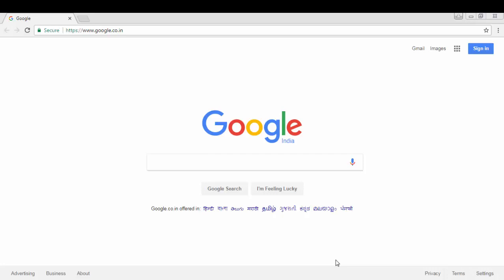When you enable two-step verification, to open your Gmail account from any other device or location, you need to enter the Gmail authentication code that is sent to your phone number, which you had entered at the time of enabling two-step verification. So this means that you need to have access to your phone every time you want to log in